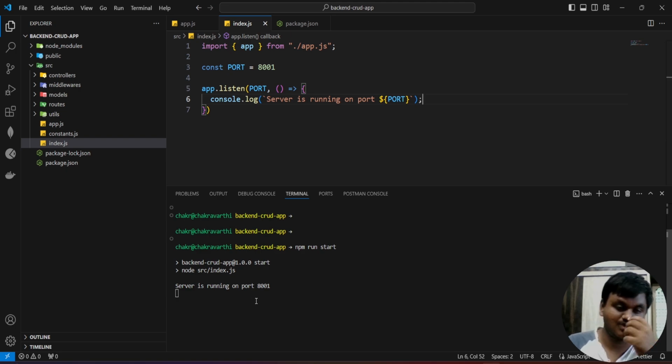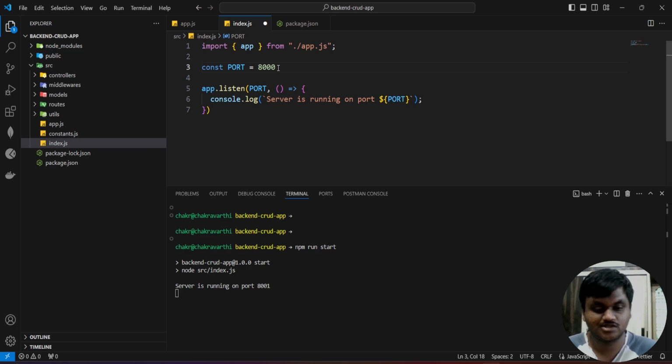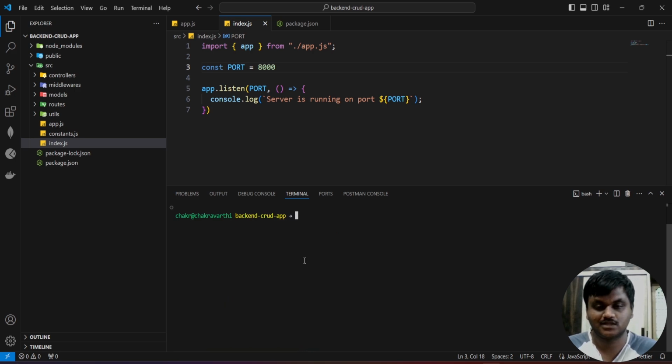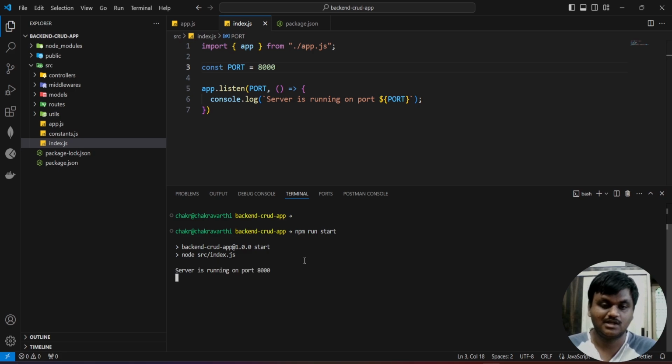But if you observe here, npm run start will still show server is running. If we change this port from 8001 to 8000, see, it still shows server is running on the port 8001. To reload, you have to terminate and run the server once again, npm run start. Now server is running on the new port. But every time you have to stop and start up,